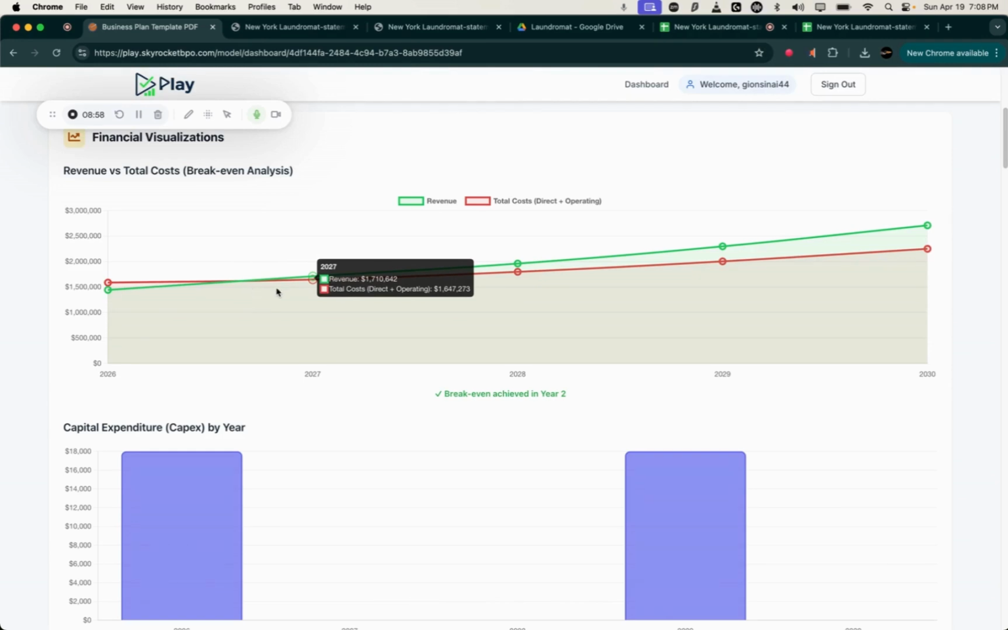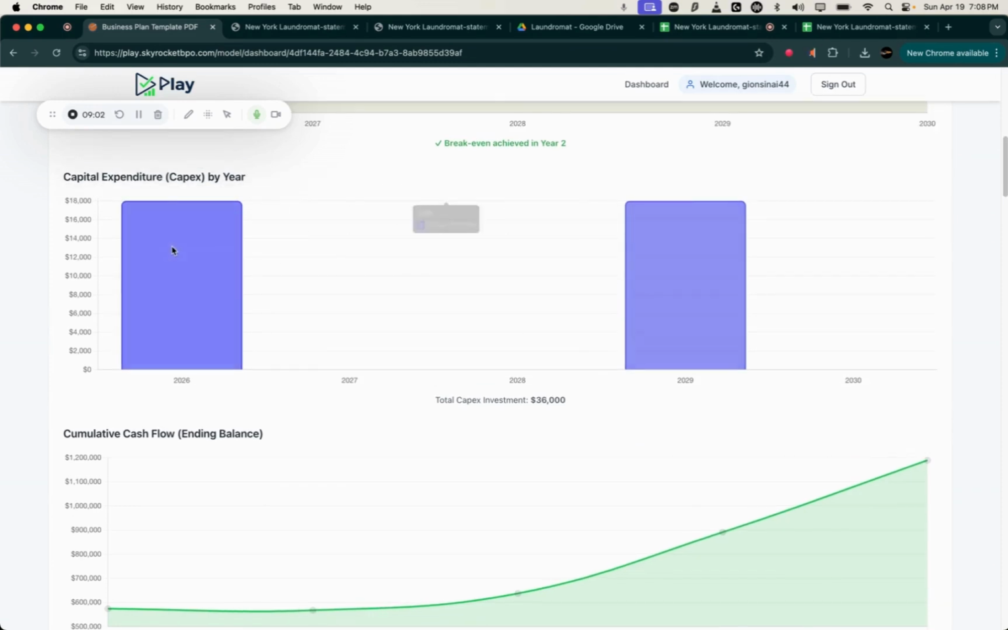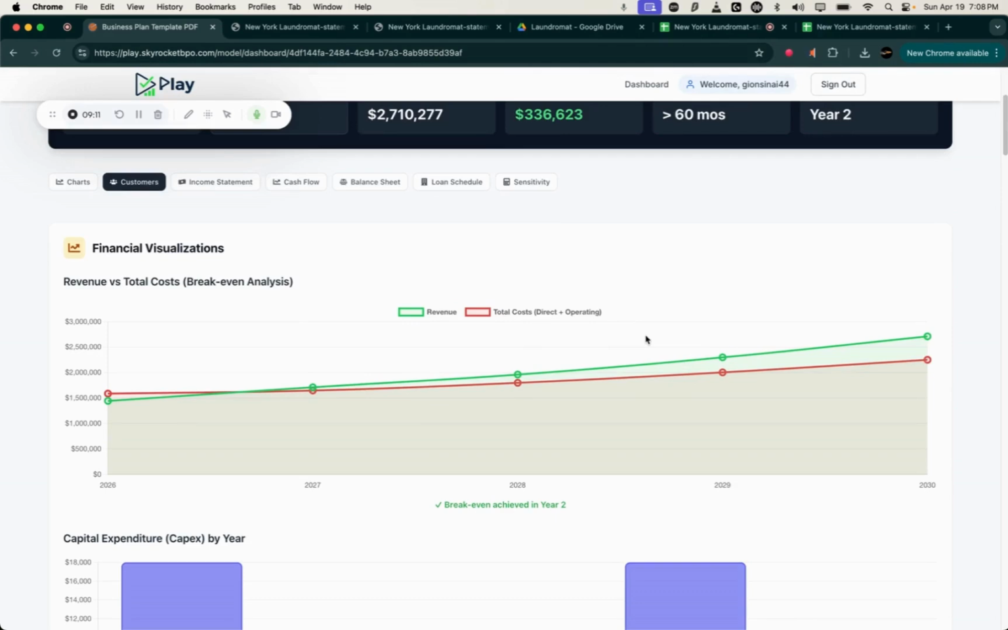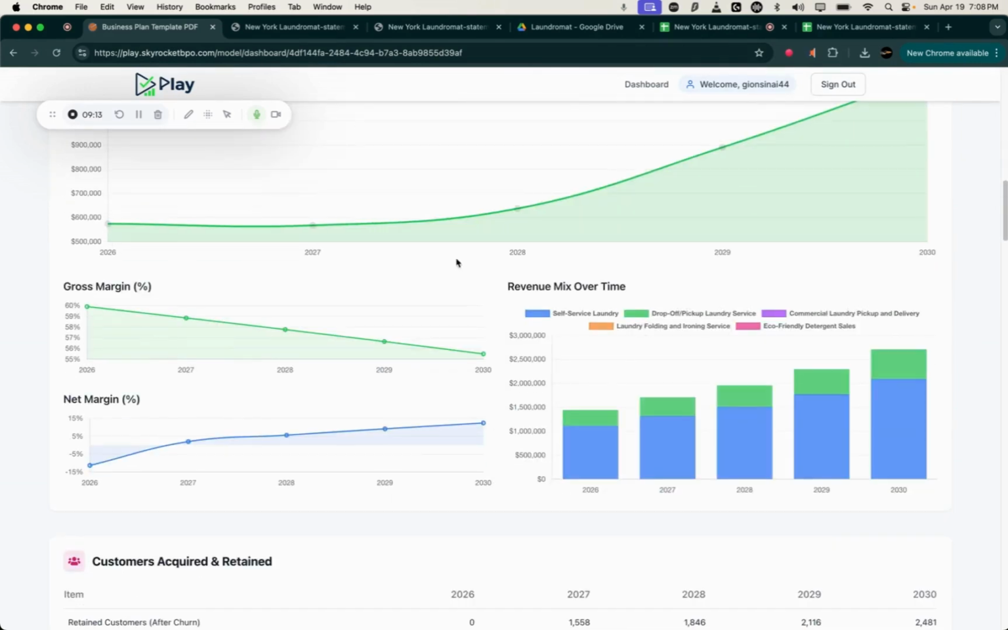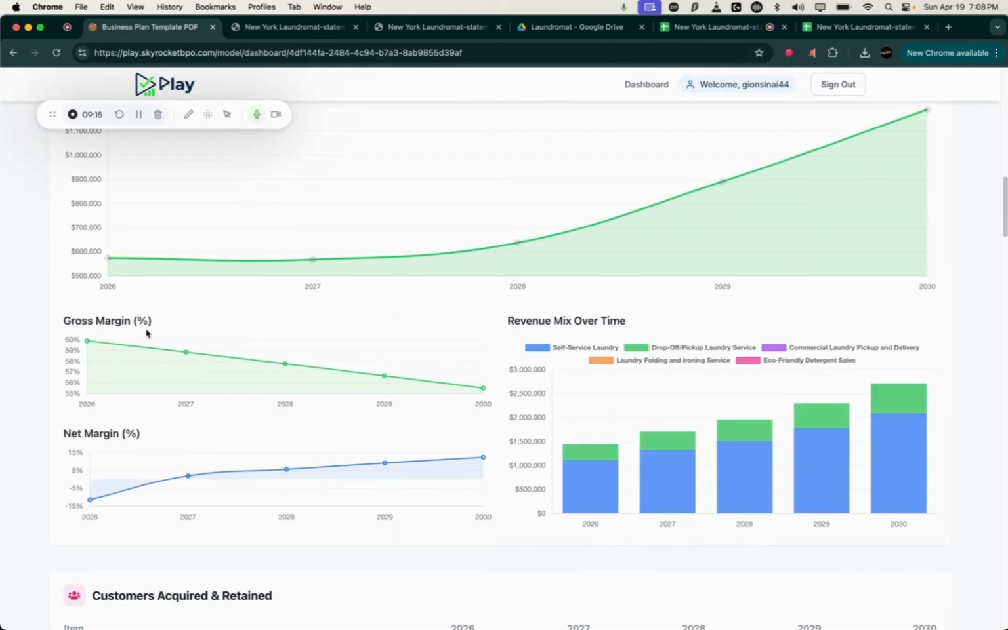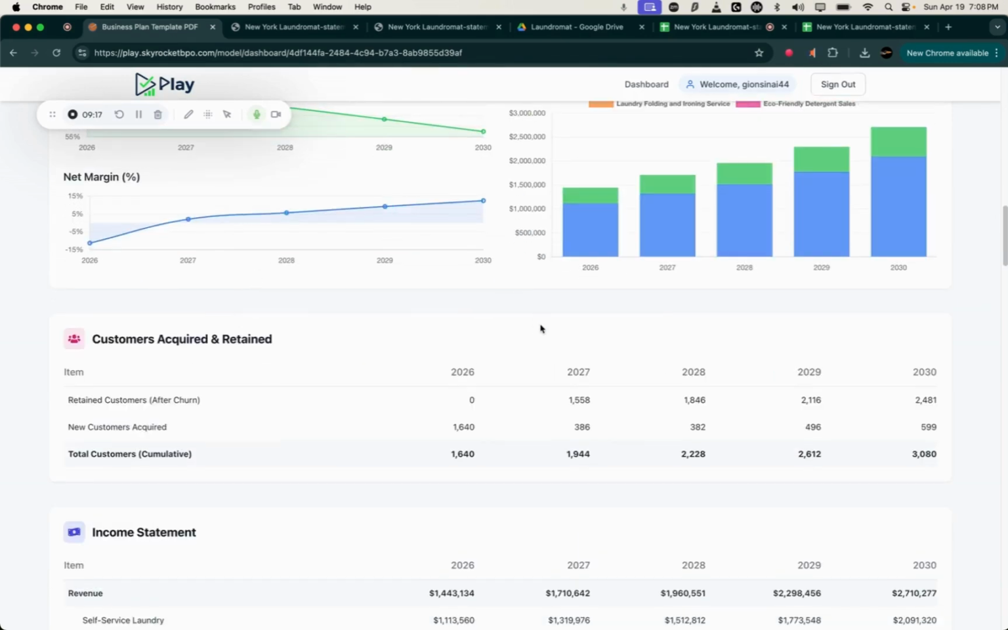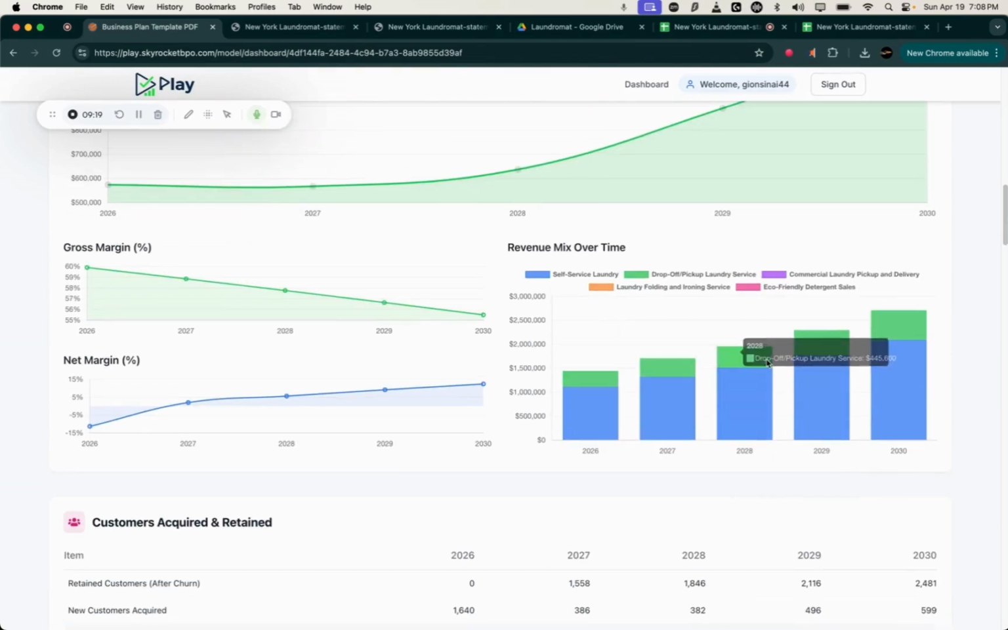As you can see, based on this, it's going to be sometime during the second year. Then we have the capex per year. So based on this section, when will I invest, and what's going to be the capex per year for the next 5 years? This will obviously change based on your assumptions. Then we have the cash flow, the gross margins, net margins, the revenue per revenue source,